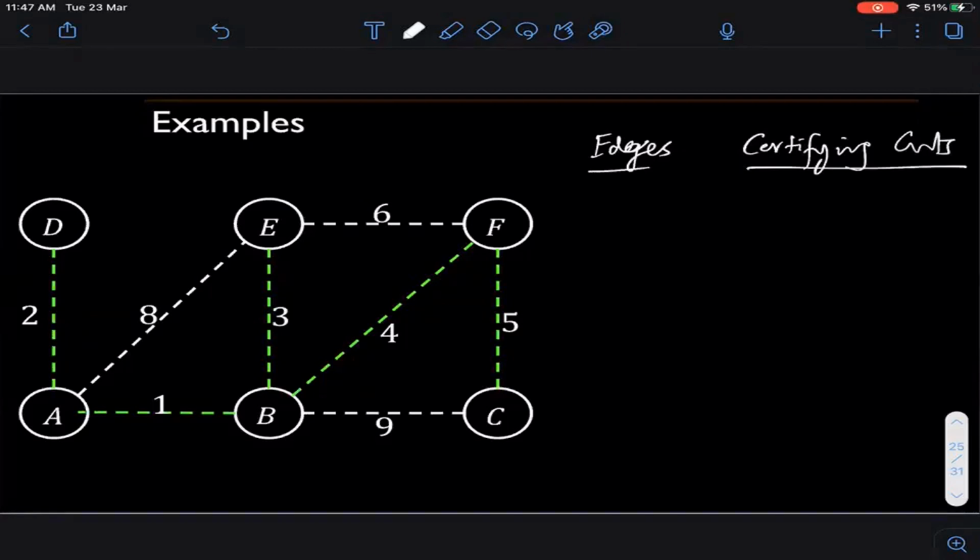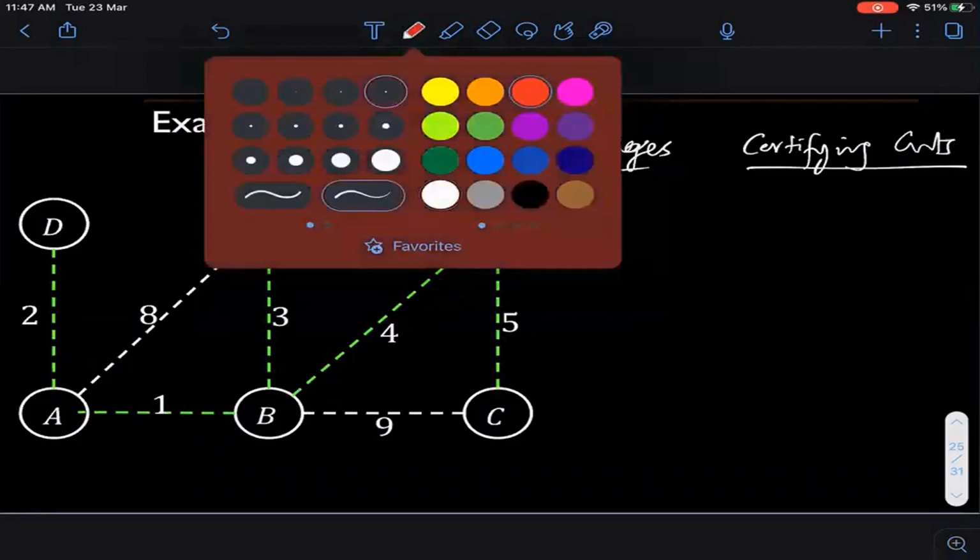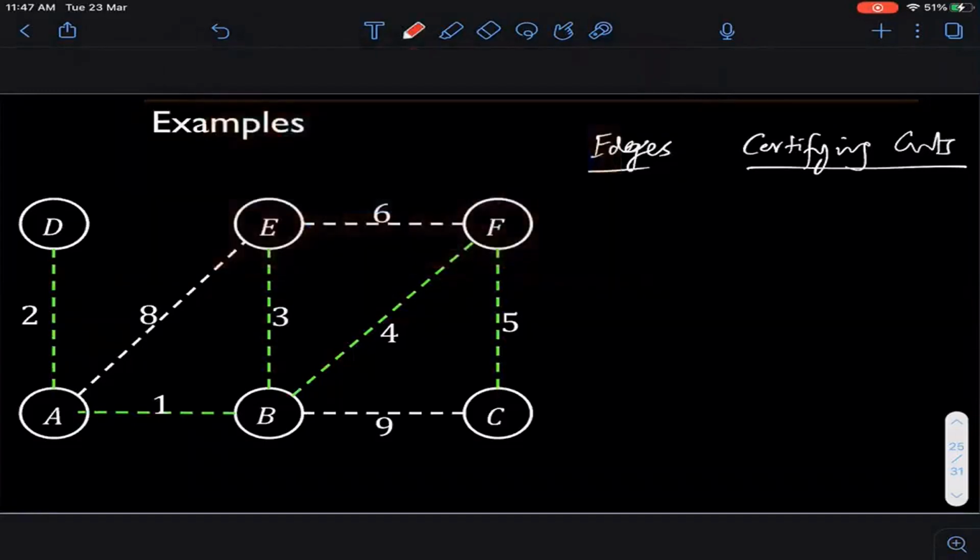तो कौन सा कट ऐसा है इस ग्राफ में such that ये जो AD edge है that is the minimum cost edge that is going across this cut. Very good. Okay. So it's the cut. देखिए reachability is not important. Vishwajit, we just need a partition. तो ये partition बस ये partition है. So I put D on one side of the cut and everything else on the other side of the cut. तो ये तो बस एक ही edge जा रही है and that has to be the minimum cost edge.